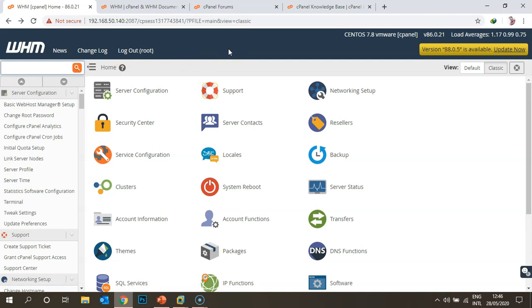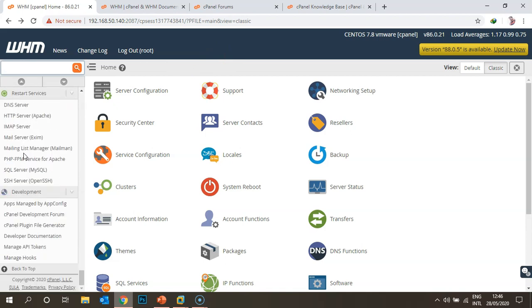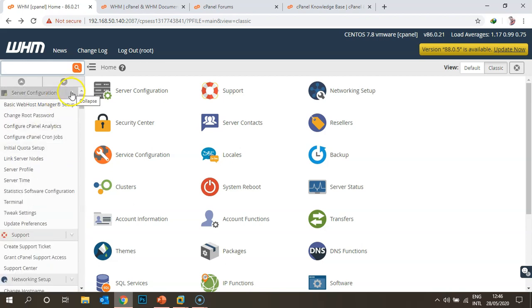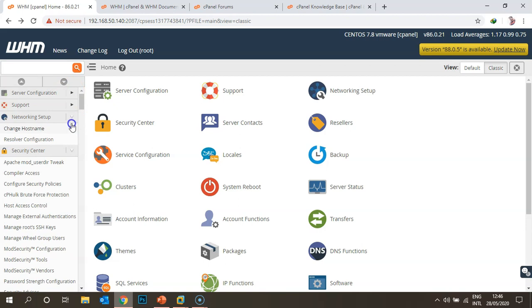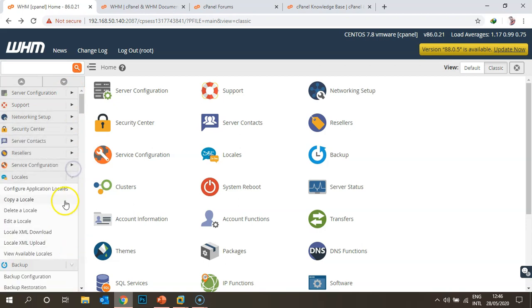Let's come to the left side of the WHM portal, where you can see a number of options and categories. Each option has a different category. I'm just minimizing all the categories.